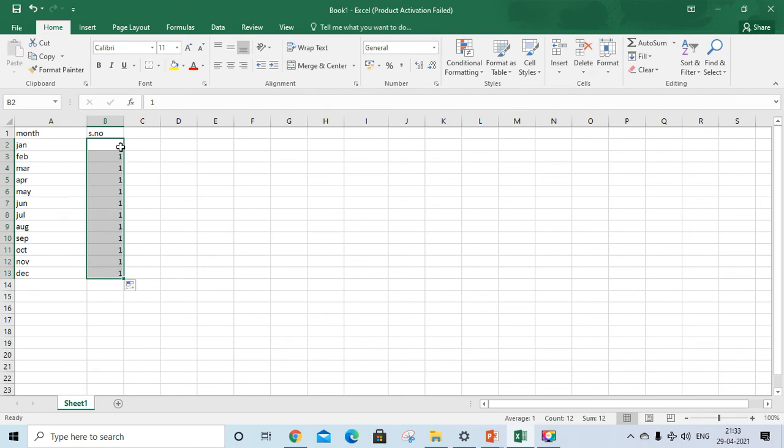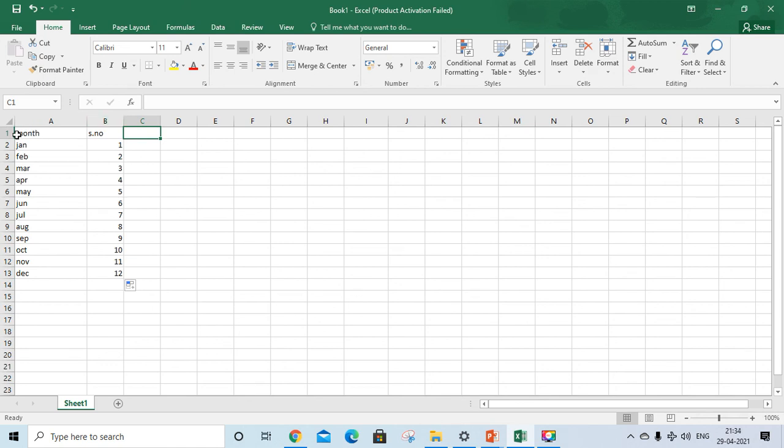See, when I click on that edge of the box, the whole column is filled with 1 1 1. But I want to change it to fill the series. Click on that box, you'll get Fill Series, so 1 2 3 4 5 6 7 8 9 10. When you click on that, you see different options are there. Copy Cells, that means it will give only one number. Fill Series, numbers will change, they don't repeat. Fill Formatting only. Fill Without Formatting. Flash Fill. So I just want to fill the series 1 2 3 4 5 6 7 till 12.